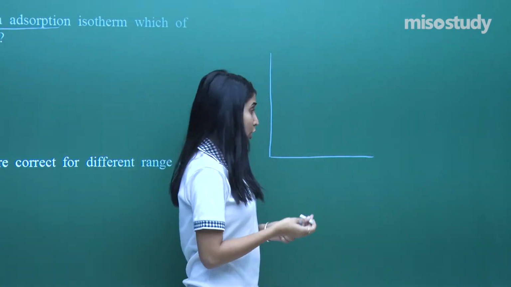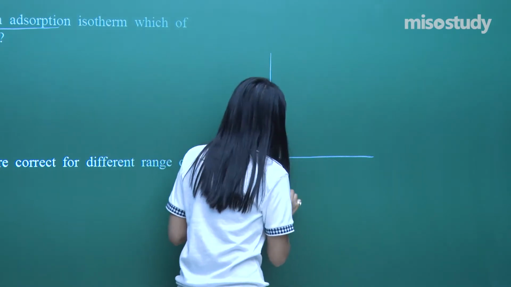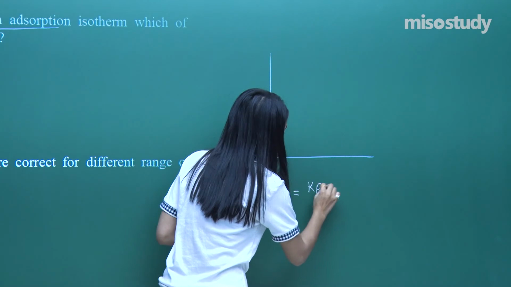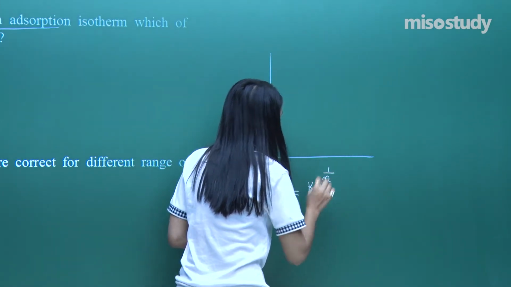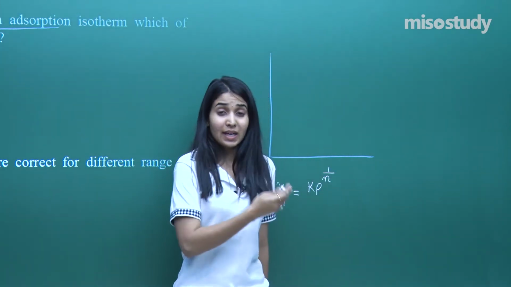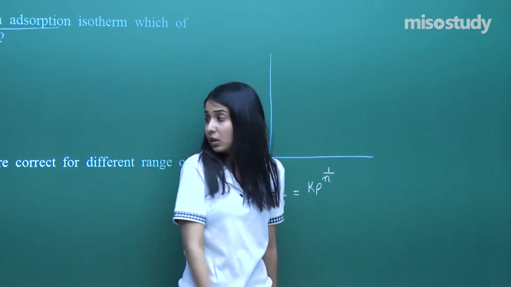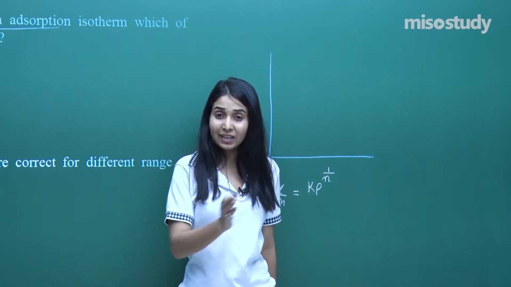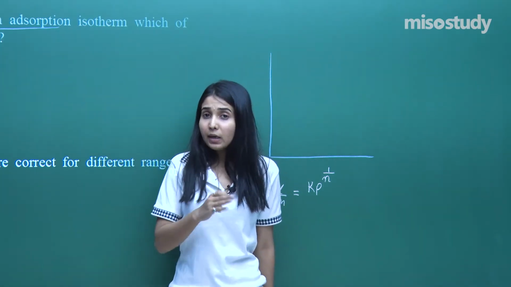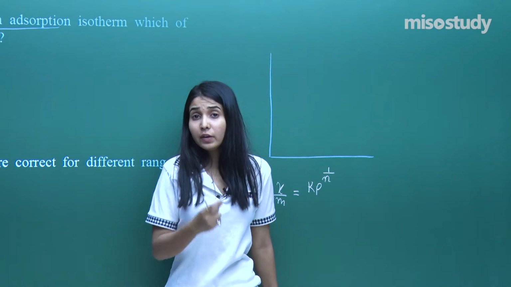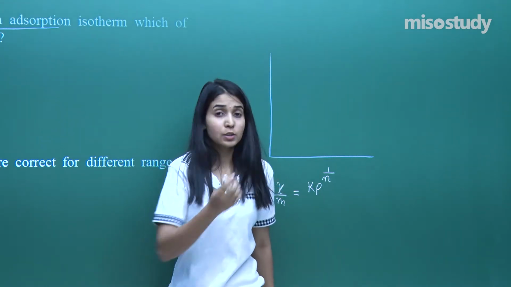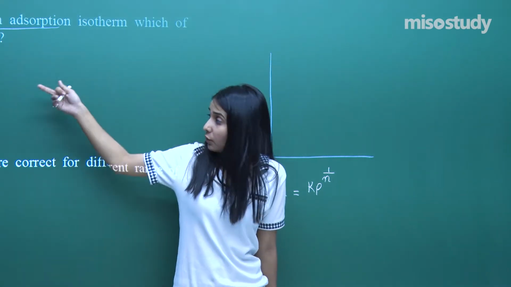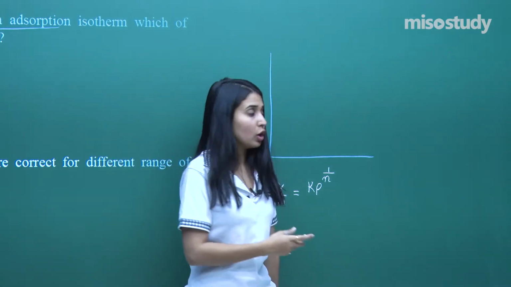Now my Freundlich adsorption isotherm, what was it? That was x upon m is equal to K P to the power 1 upon n, right? That's what it says. Of course, if this is the case, then option C would prove to be correct, no way whether you say it right or wrong. But do you remember that we have done some special cases when I was drawing this particular graph, where I was showing you how to draw the graphs, and some led to other options as well. Of course, we will see that.